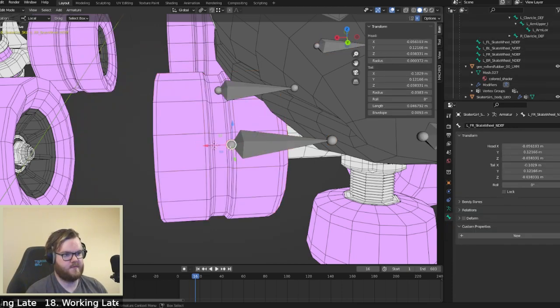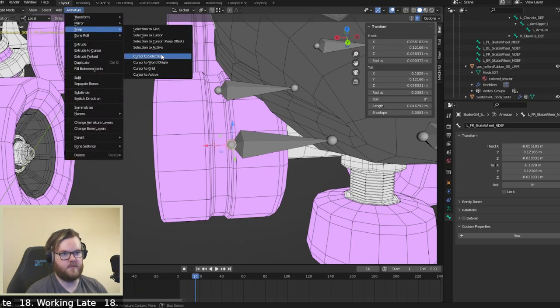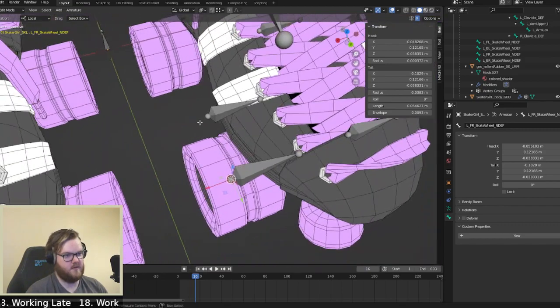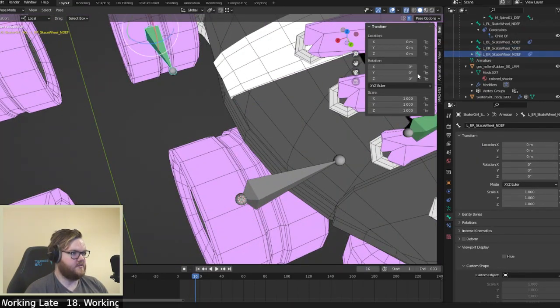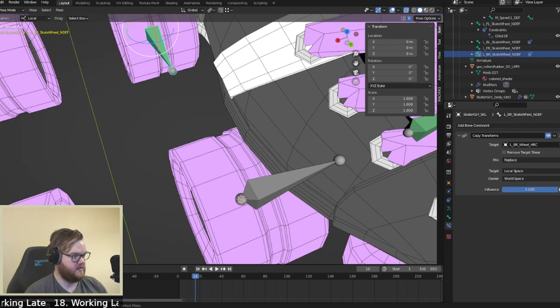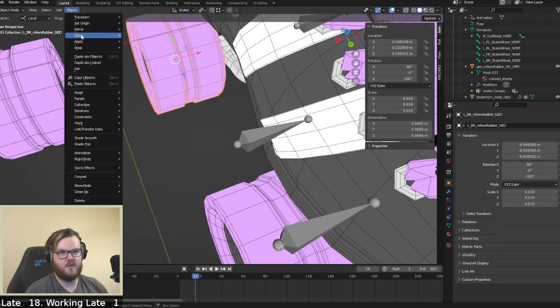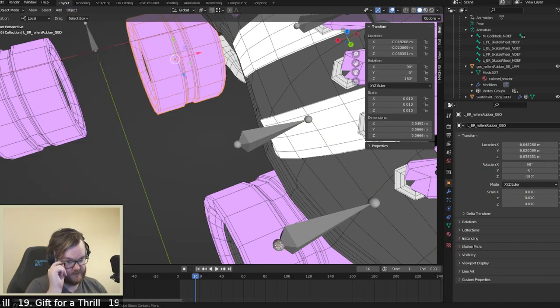Okay. Edit. Snap. Selection to cursor. Oh chat. I'm gonna lose my mind. Now I want to snap you to this. I need to write this down because